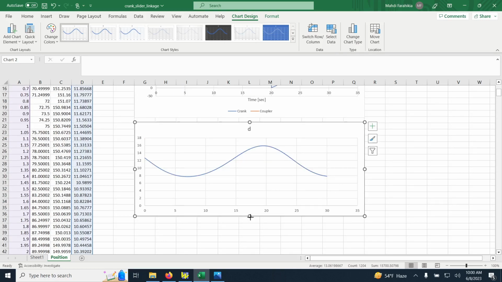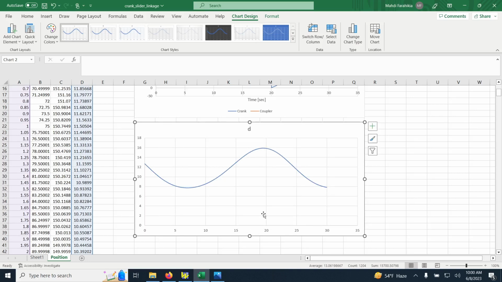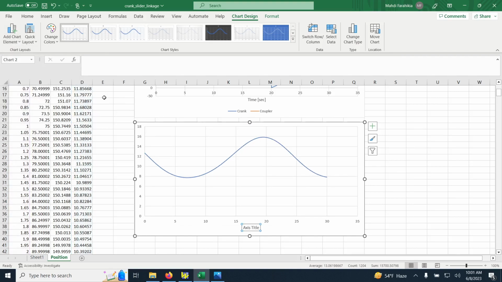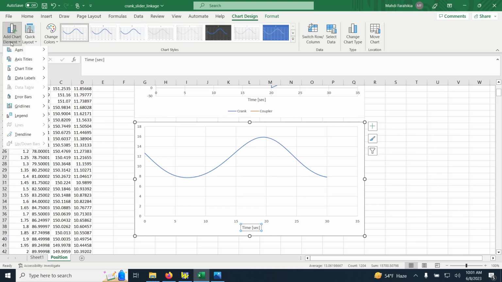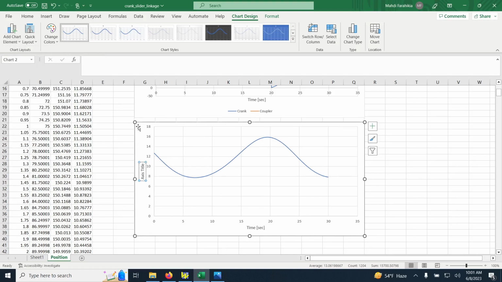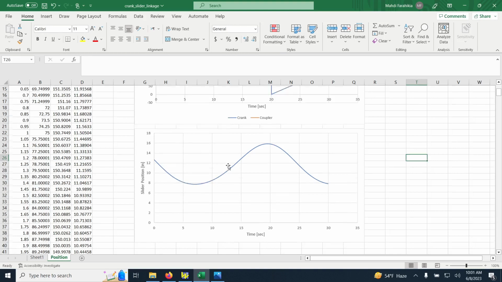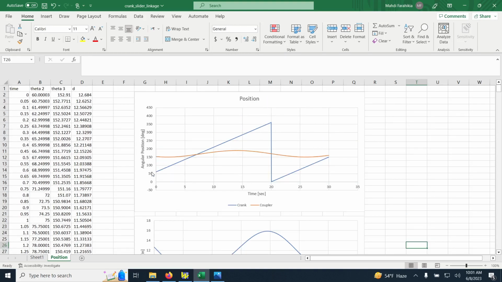So now I can see the position of this slider over time. I can change the attributes of my plot as I need it. For example, I can change the horizontal axis to time in seconds, and then I can change the slider position to inches. So that is the position of the slider, which seems like harmonic, and then we also have the angular